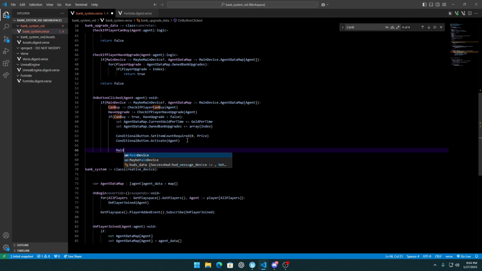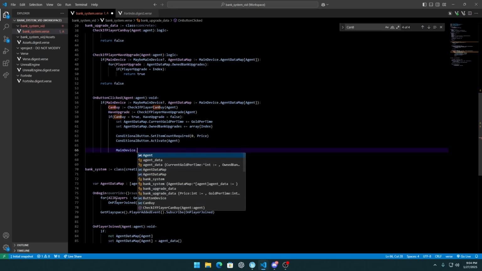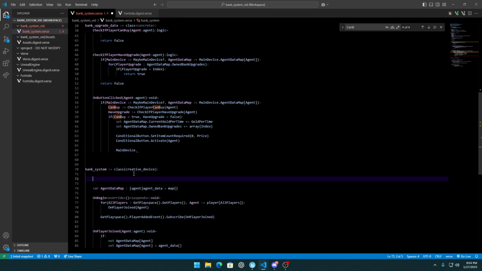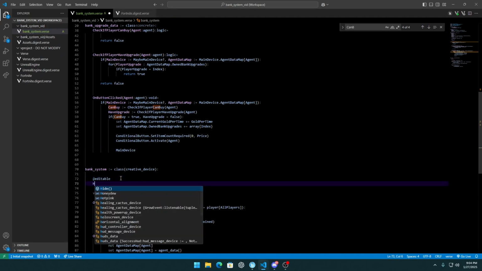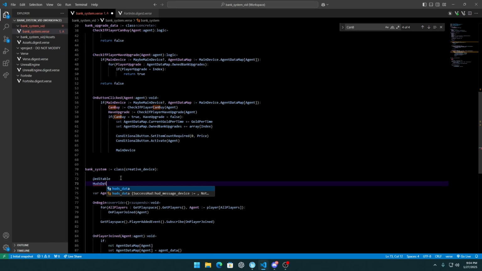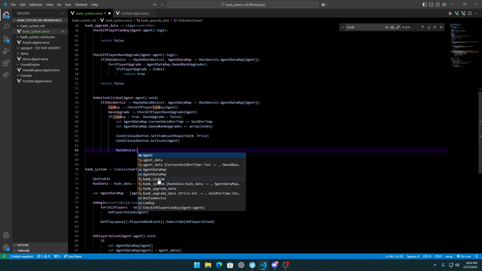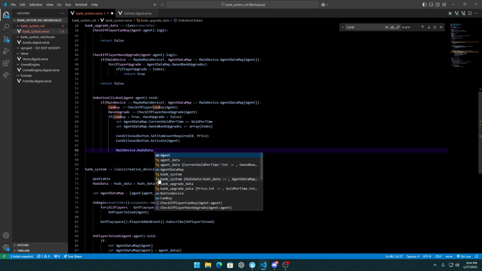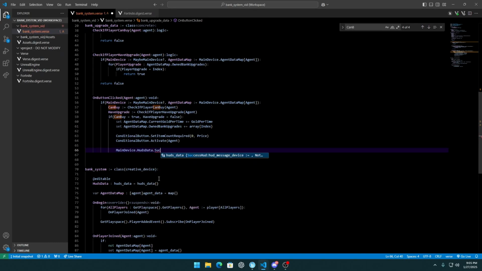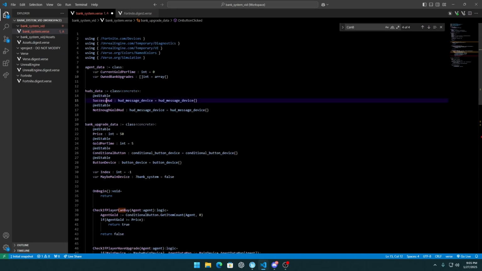Okay, now we need the main device that, okay, we don't have it, so give me a second, we need to add it. Do the editable hats data is equal to hats data. So basically this is our hats. So here we can show it on the screen. So okay, success hat